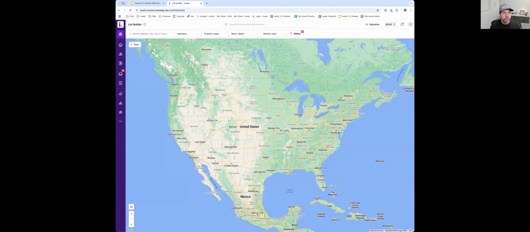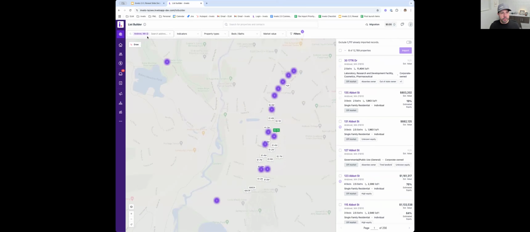All right, so let's go back to List Builder. There's two ways to get records into your database: List Builder and file imports. Those are the two main ways. And I do have to say, we probably have one of the best list builders on the market and the easiest to use. So just to give you an idea, the first thing you want to start off is